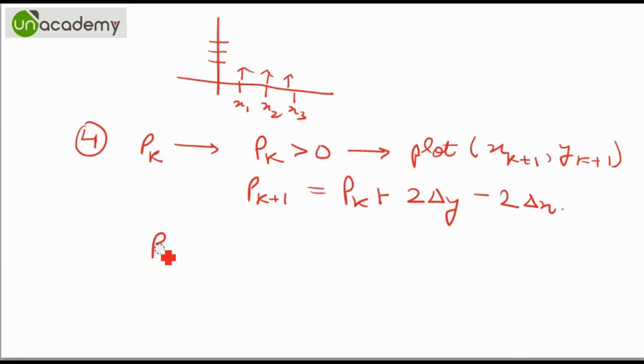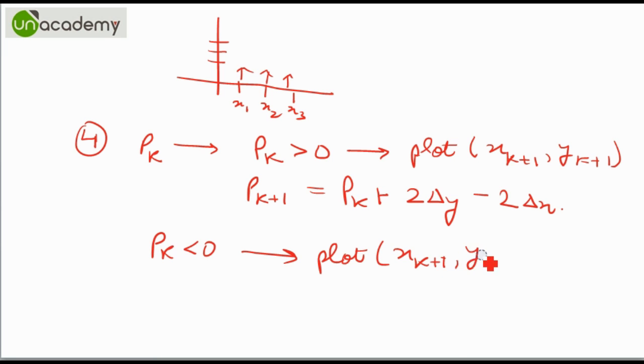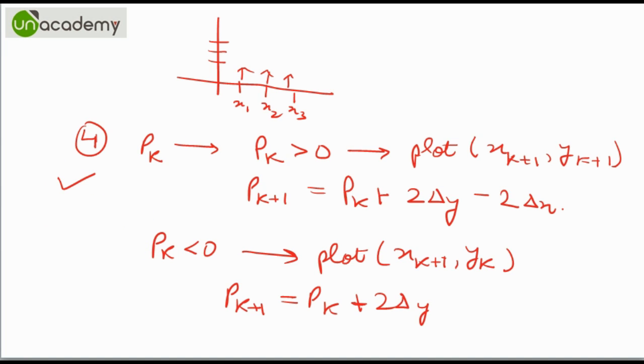Also, if pk is less than 0, then we plot xk plus 1, yk, and simultaneously the pk plus 1 becomes pk plus 2 delta y. So that is what we do in step 4, and in the final step, step 5, what we do is